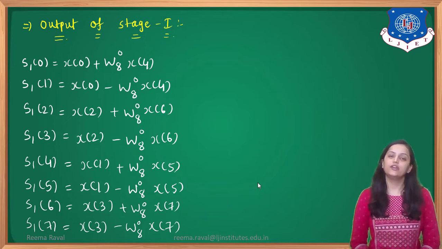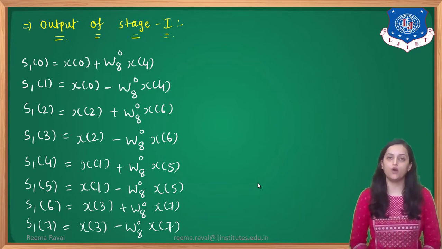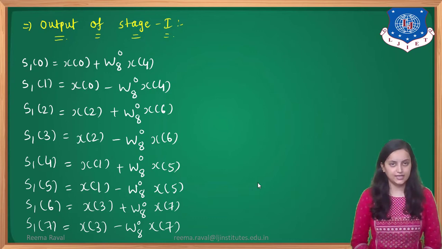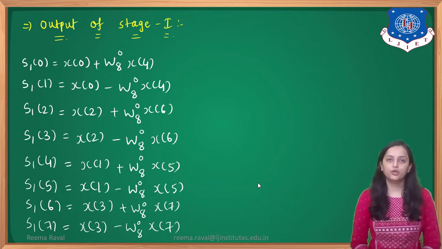You can refer to the figure or the structure which we have seen earlier. Based on that only these equations are obtained. So S1 of 2 equals x of 2 plus W80 x of 6. S1 of 3 equals x of 2 minus W80 x of 6. These equations are obtained for stage 1 only, according to the arrows of the input given to that